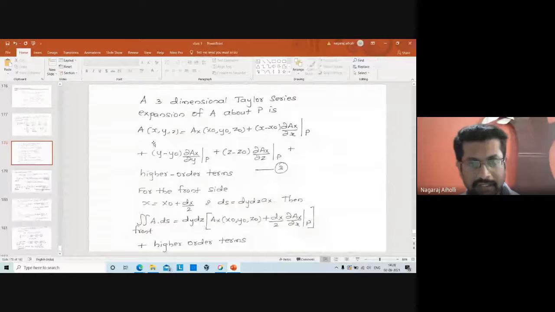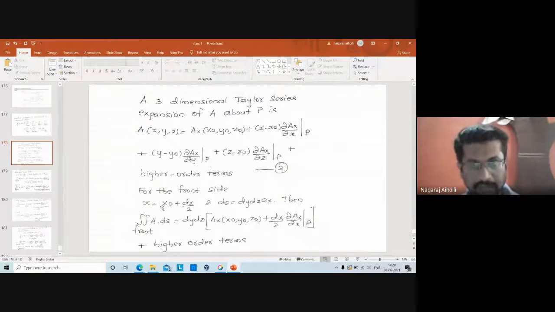If I integrate with respect to ds for the front surface, what is A, students? A is this function, that is Ax of x naught, y naught, z naught, plus this is our ds. Ds is dy dz into ax, whose magnitude is 1, that is why we have taken it as dy into dz. Then write it as it is, Ax of x naught, y naught, z naught, plus,